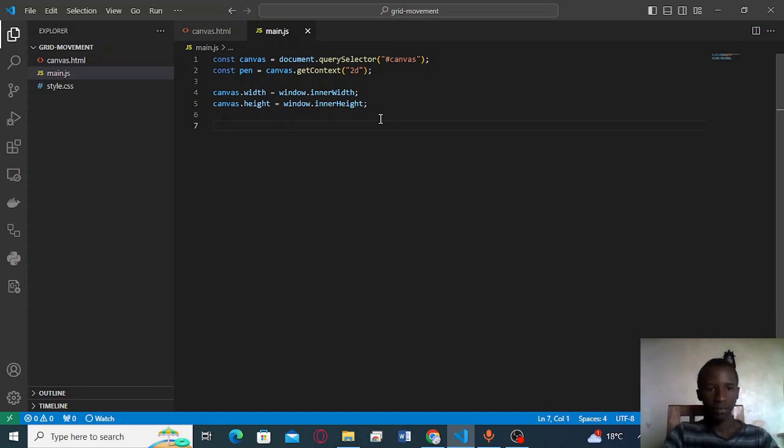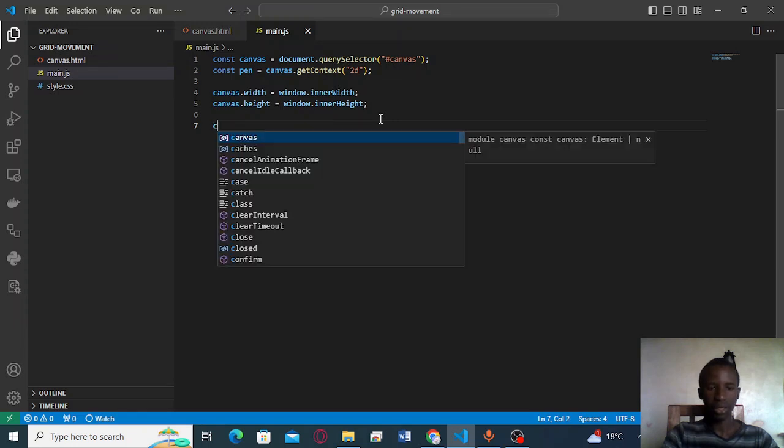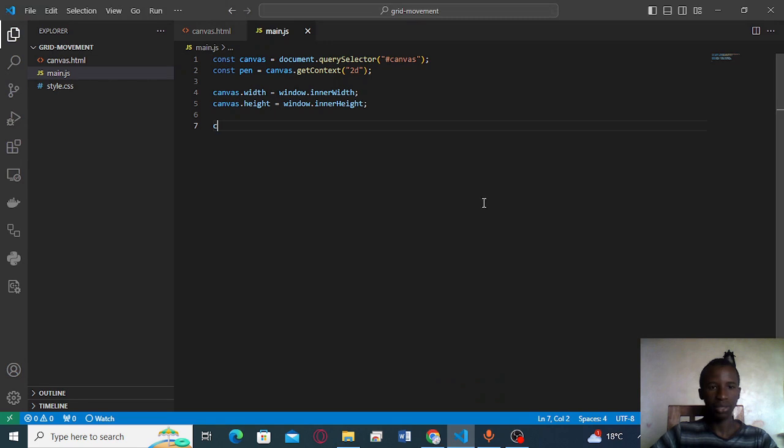So after telling the canvas that this is the number of pixels in your width and this is the number of pixels in your height, we will write the function to draw the grid cells. If you open the document right now in the browser, you will notice that nothing renders because we've done nothing at all so far. So what we're going to do is to draw the vertical and horizontal grid lines, and